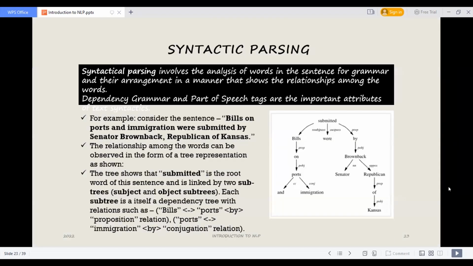Now, some random words are combined to form a sentence. If a single word is given to you, what will you understand from it? What is the meaning? If I just say "submitted," what is submitted, and to whom was it submitted?